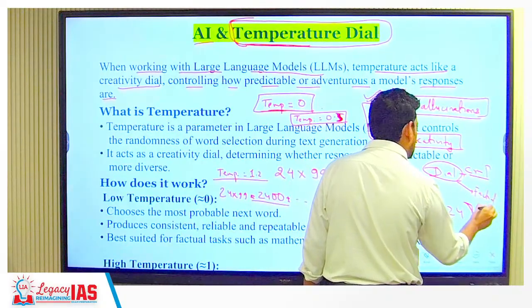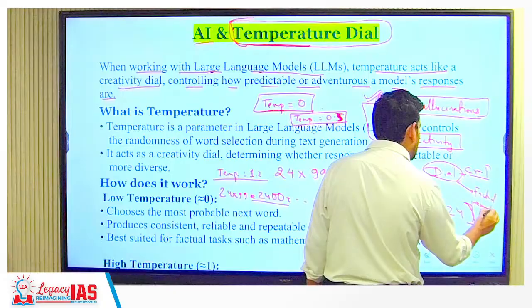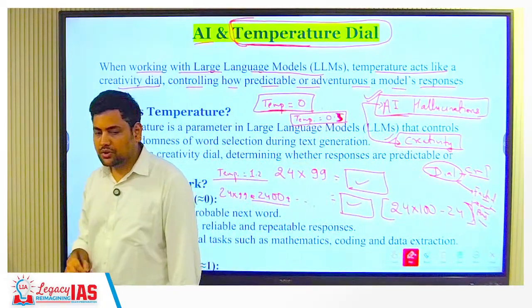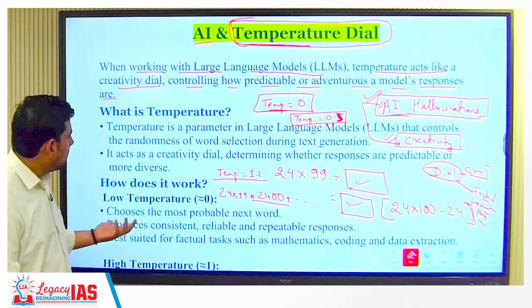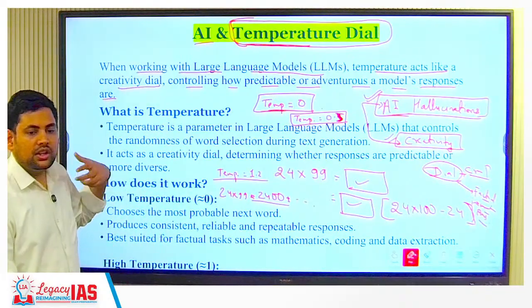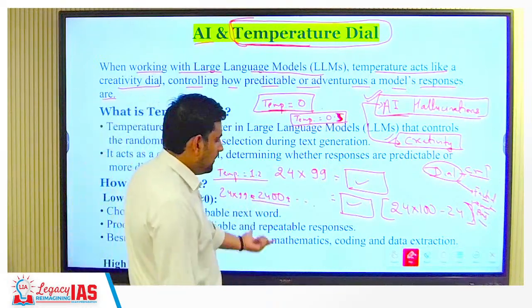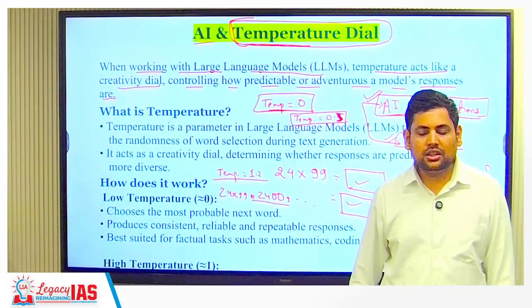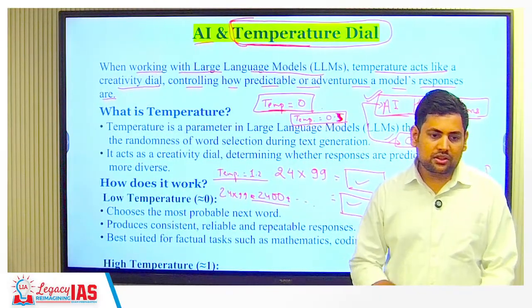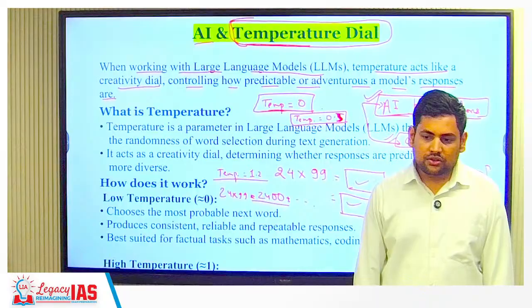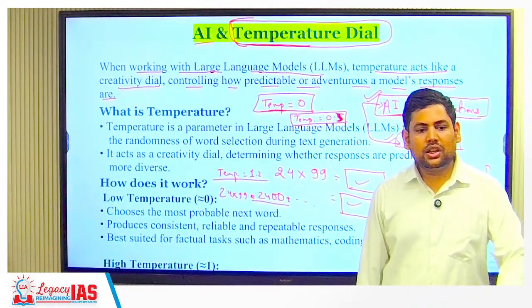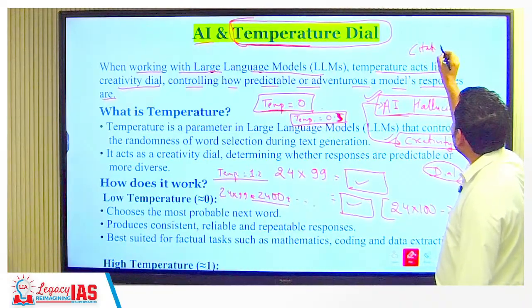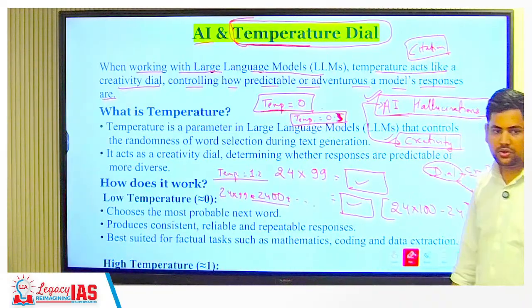it can start giving you factually incorrect answers. Okay, and this is what they are trying to resolve right now. This is a major issue that they have. In fact, if your AI is not giving you very correct answers, you can ask it for a factually correct answer. You can ask it at what temperature you are working right now. So it will tell you that I am working at this, then you can ask for this. Other thing is you can simply ask that give me citation of everything that you give me.